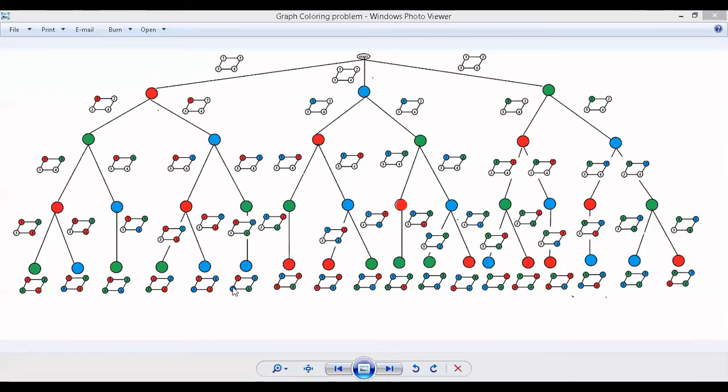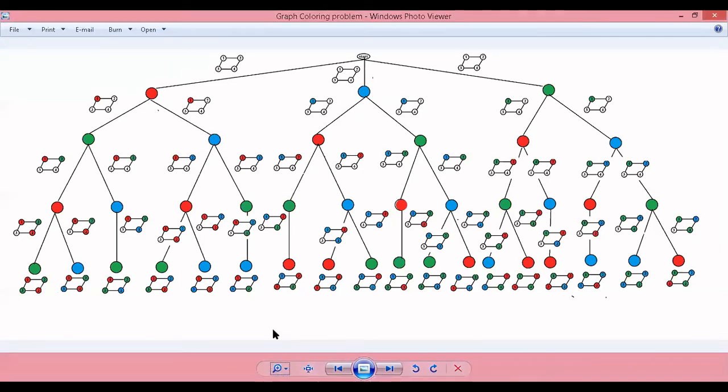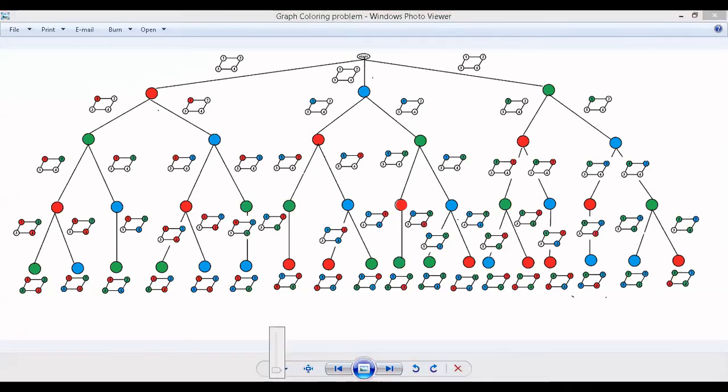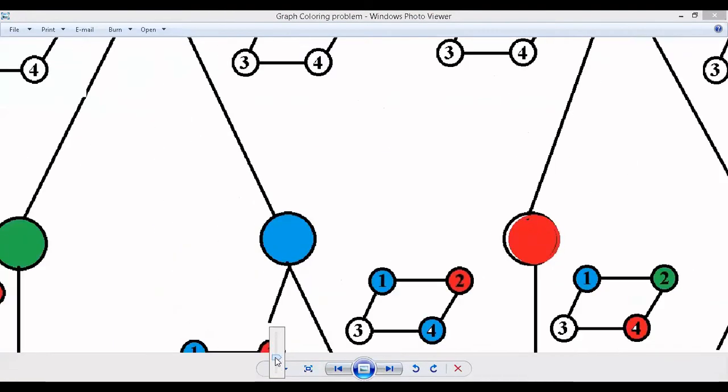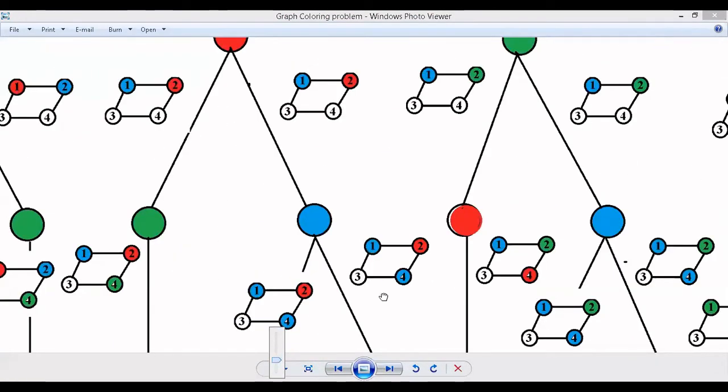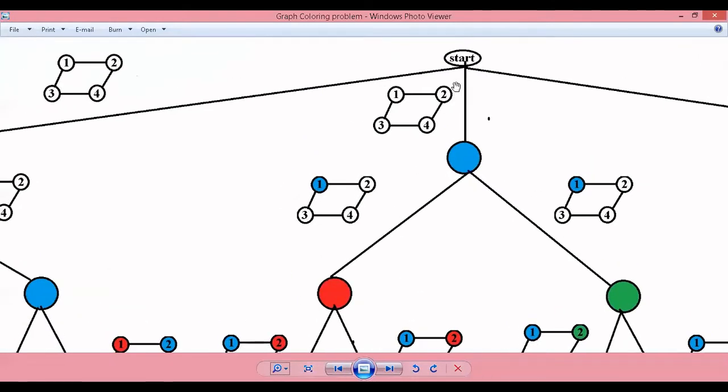Now if you see here, the students will get fully confused. What is this sir has written here? But just try to understand slowly. I will tell what I have done. If I tell what I have done, then it will become very, very easy for you. Now I will just maximize a little bit. I will start from the start node. Here one mistake I have done, but I realized that mistake only at the end. What mistake, I'll tell you.